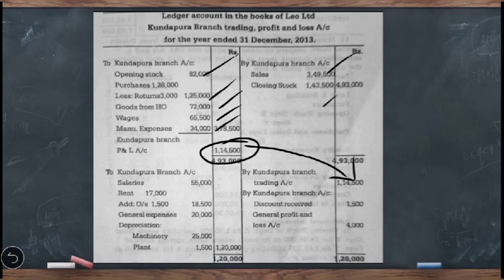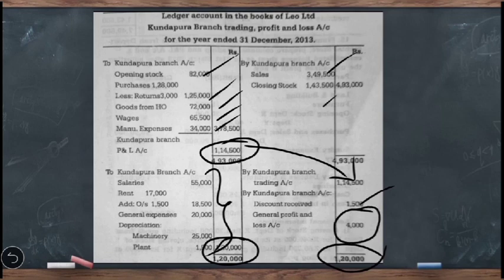Then in the profit and loss account, we have debited all these indirect expenses. Okay. Then here on the credit side, we have shown one credit item, that is discount earned, amounting to 1,500. After that, here we are going to close the profit and loss account. We have 1,20,000 on both the sides as a total. Okay, when you're taking the balancing figure, here we get on the credit side 4,000. So this represents net loss. This net loss has to be transferred to the general profit and loss account. So the entry here is general profit and loss account debit to branch profit and loss account. Okay, so these are the 6 incorporation entries with regard to branch trading profit and loss account.